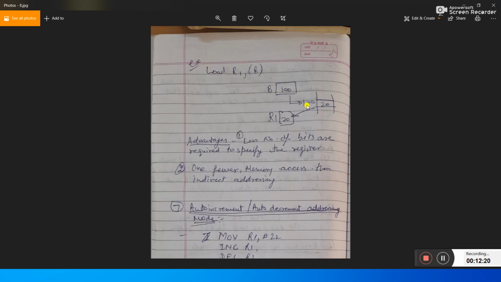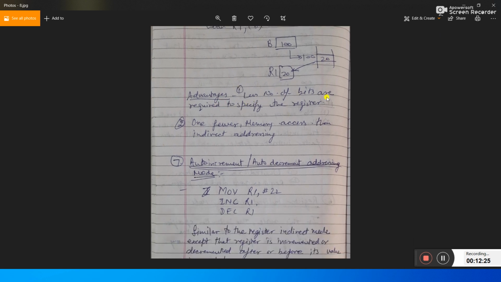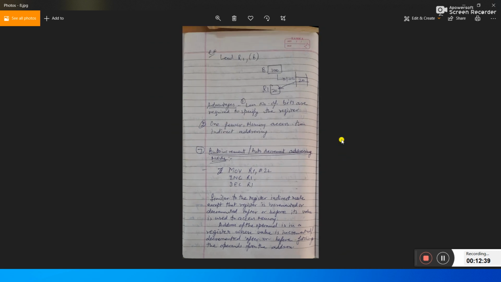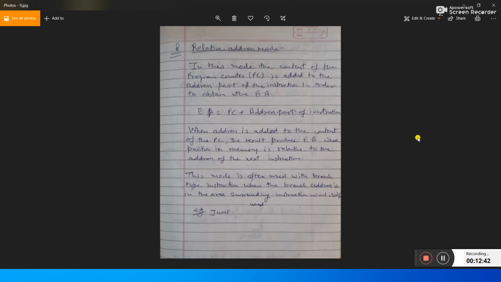It will fetch the data from the B location. The advantage is that fewer bits are required to specify the register, and there is one fewer memory access than indirect addressing. Next, auto increment and auto decrement addressing mode. What happens in this? Increment R1 and decrement R1. Such addressing modes are used for auto increment and auto decrement.